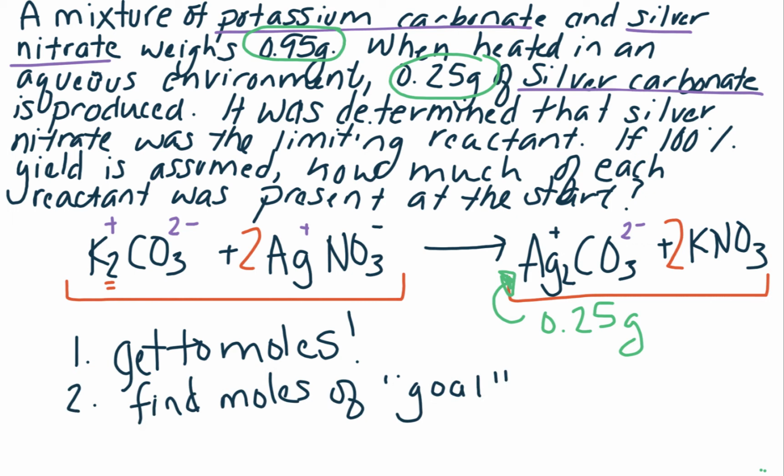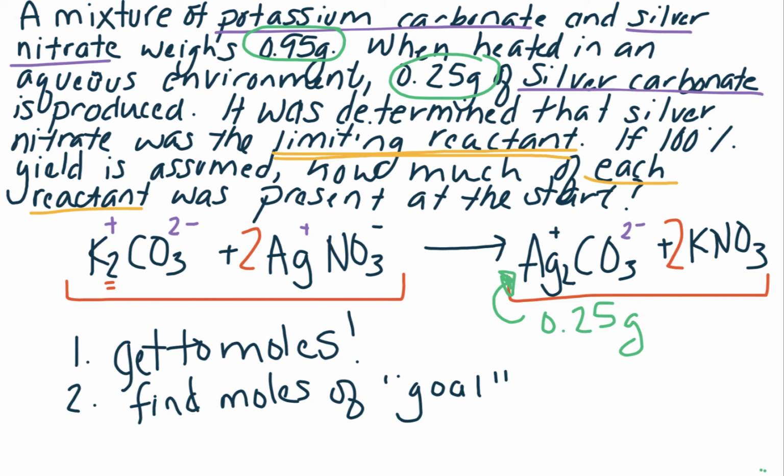In this case, I think it might be helpful to define what our goal is. We want to know how much silver nitrate there was and also how much potassium carbonate. To know which one to start with, we want to know which one is the limiting reactant. The reason for that is because how much product you get is based off how much limiting reactant you started